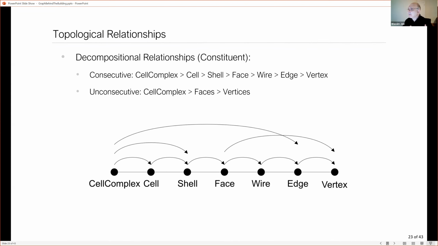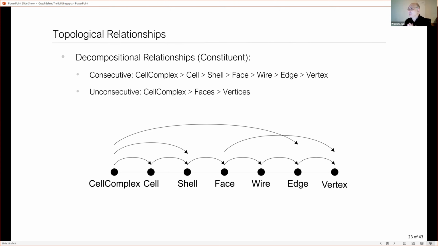The nice thing about it is that I can ask the cell complex, please give me all the cells. And it says, oh, I'm made out of 4 cells. Great, I get all those cells. And they're unique. There are no overlaps. In Topologic, everything is spatially resolved. There are no overlaps whatsoever.